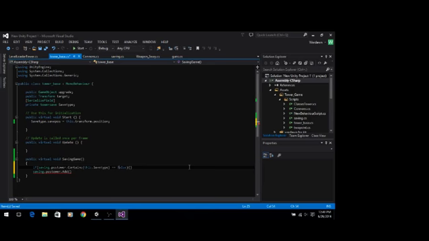Now we can't do this when we first instantiate it into the world, because when we instantiate things through the world